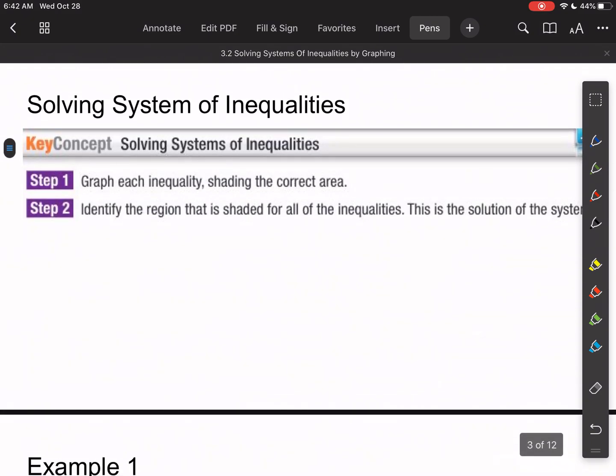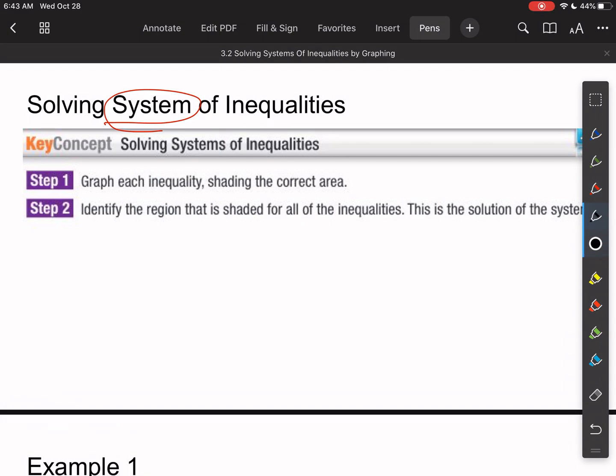So, solving systems of inequalities. Step 1, we're going to graph the inequality, shading the correct area. Step 2, identify the region that is shaded for all the inequalities. What this means is, if we have a system, and system means that we're going to have more than one inequality, the solution to both, which is the solution to the system, is the place where we have shading